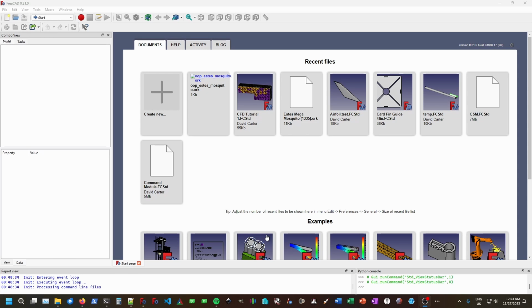In today's video, we're going to learn how to create freeform fins using the FreeCAD Rocket Workbench. The first thing you do is install the Rocketry Workbench if you haven't already. This is fairly straightforward in current versions of FreeCAD. If you go to Tools and select Add-on Manager,